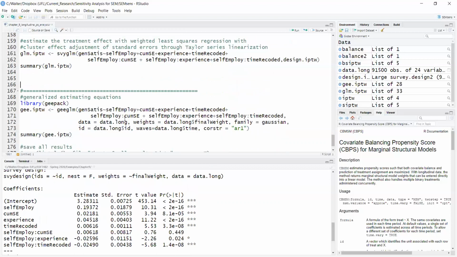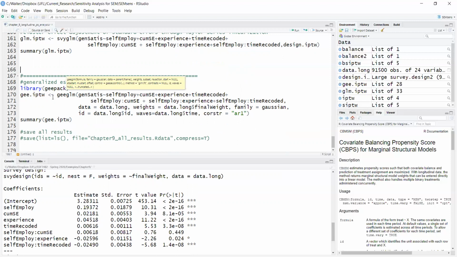Now, the second way that I will estimate this model is with generalized estimating equations, which is also a marginal model. We use the library geepack to estimate this model here. This is the model for the mean. It's the same model that I used before. I have to declare here family Gaussian, which is for the distribution of residuals, and my ID. I also have to specify the time variable and a correlation structure for the relationship between multiple measurement waves. Here I'm specifying AR1, which is autoregressive of first order. Generalized estimating equations are robust to this choice, so it doesn't really matter that much. And I run this,